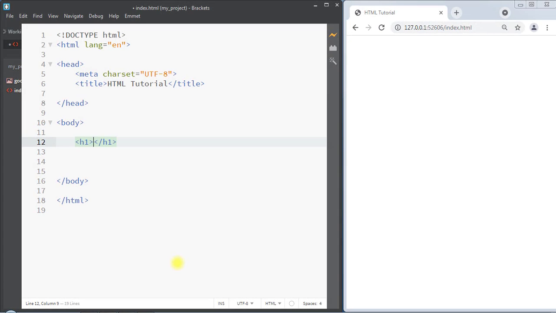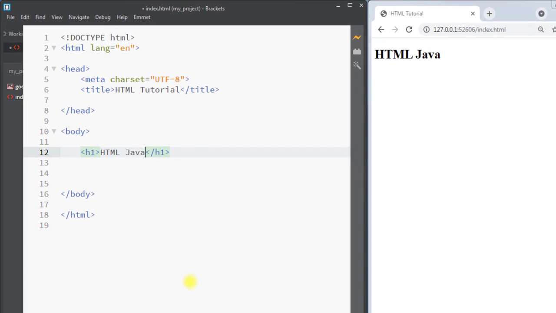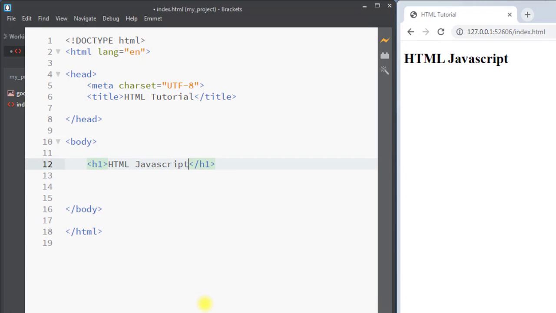Hey, what's up guys, in this video we're going to talk about HTML JavaScript. So we use JavaScript in HTML to make our web pages more dynamic and interactive, and we use the